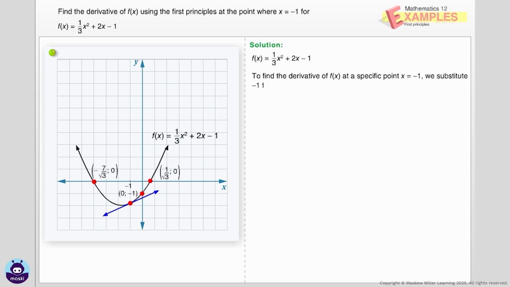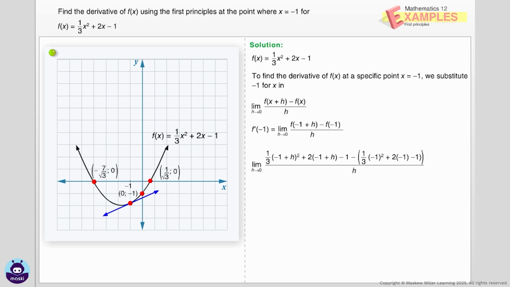To find the derivative of f(x) at a specific point, x equals -1, we substitute -1 for x in the definition. We can determine f(-1 plus h) by substituting -1 plus h for x in the function f(x) equals 1 over 3x squared plus 2x minus 1. Taking out 1 over 3 as a common factor and simplifying, we get